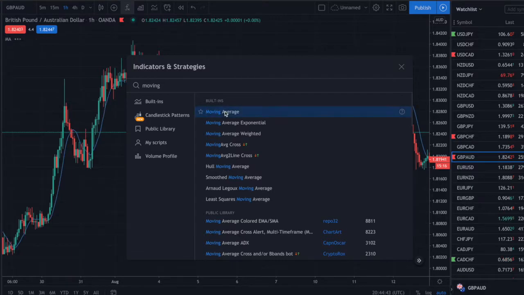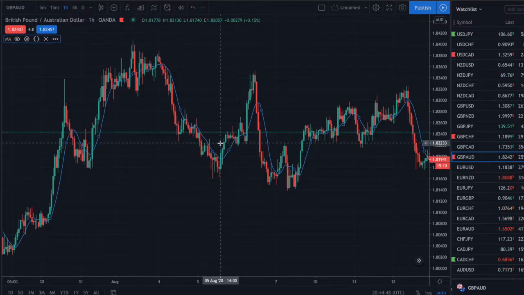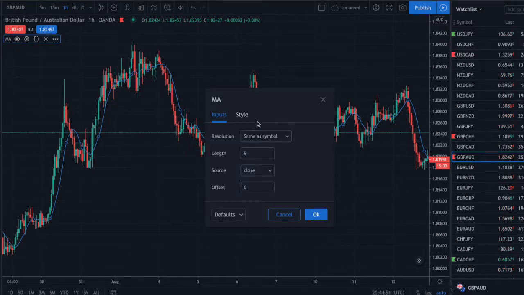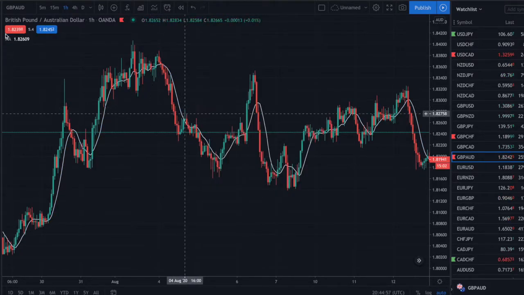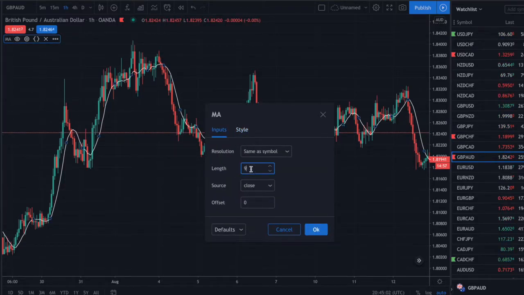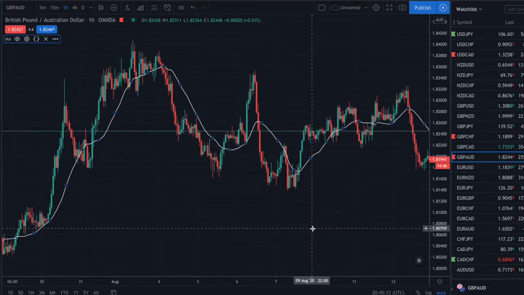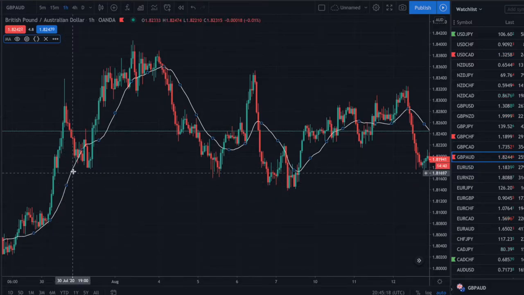There is simple moving average. Basically, this is a moving average. As you can see, it's blue now. I'm going to change to white so you can see better. Okay, this white line is a moving average. And as you can see, I can define how many candles the average is going to take into account to create the line. So let's say I want the moving average to be from the last 21 candles. So as you can see, I can see here the average at this moment of the last 21 candles was